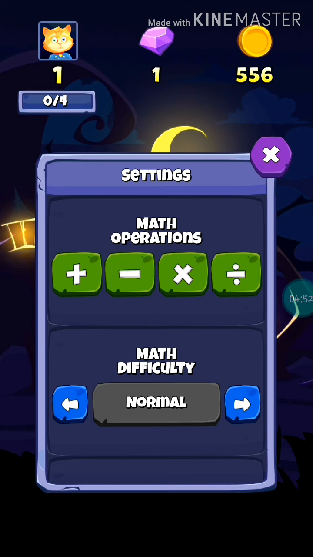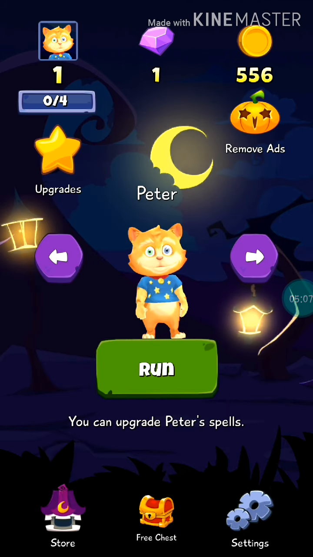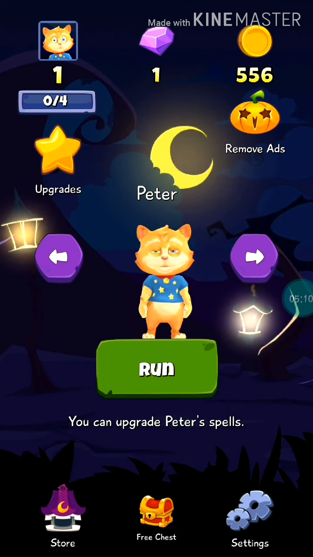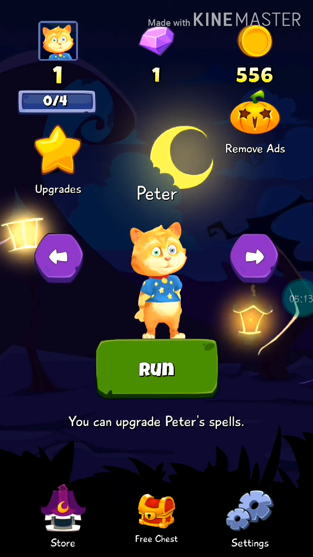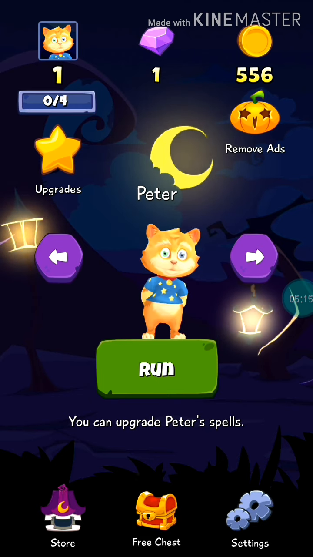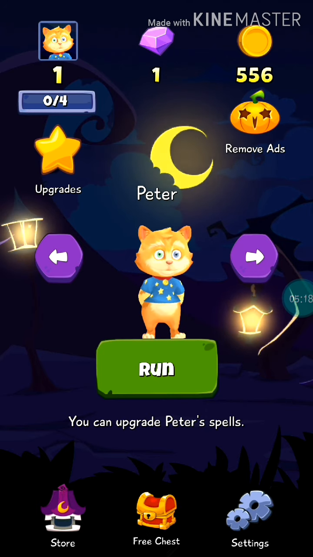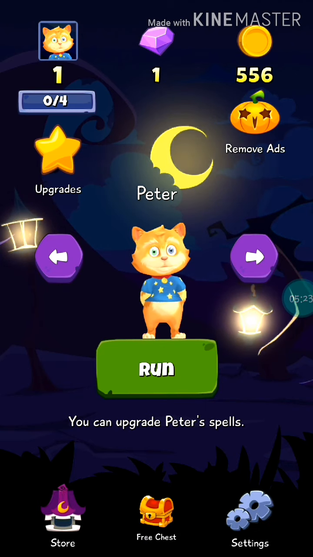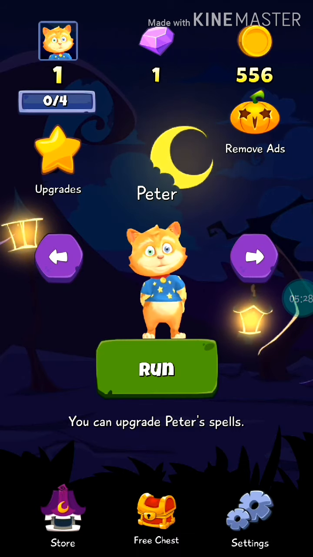If you see here the operations, only the operations you choose are coming. If you want only addition, then only addition will come. If you want easy level, very easy, you can change the level, and very hard level will also come. So I think it's a very interesting game, and you will find it very interesting when you play this game. Along with your study, I hope you will play this game, which will increase your maths calculation level, your technique of math calculation, and along with study, play the game.